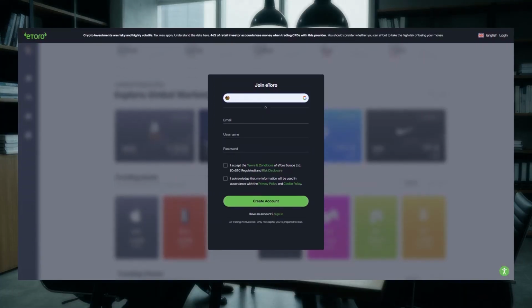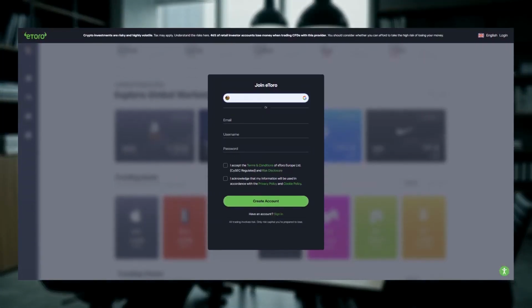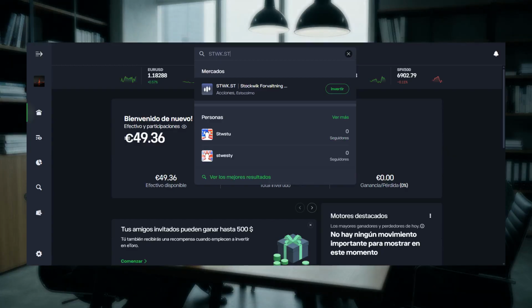To trade, you need a broker account. I use eToro as a neutral example to demonstrate the steps. After registering, you will need to verify your account, which typically requires an identity document, and you must add funds before buying. Use the platform search bar and type the ticker